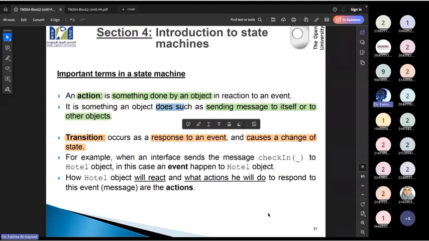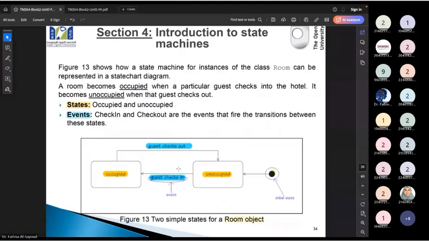So let's see the example here, and I'll make sure that we cover all the contents in the explanation text. What we have here is a room object. A room object can be occupied or unoccupied, meaning it is reserved or not reserved. But when we talk about a hotel as a whole, it can be full or not full, and there are different cases about it. You just give me a second.